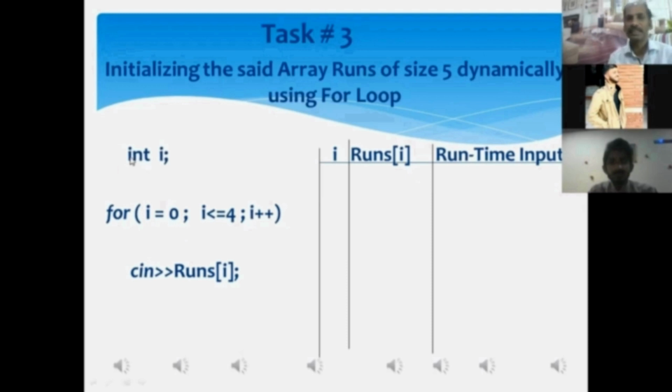Over here, three statements are there. The very first one is the declaration statement of the loop variable, the second one is the for loop statement, and the third one is the for loop associated statement. On the right-hand side, my dear student, you will have to draw three columns. Right now, today, in this online lecture, you need not write anything, all right?